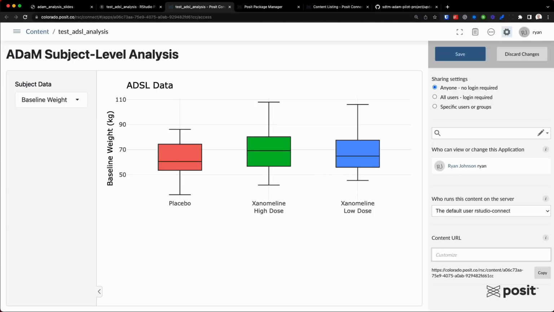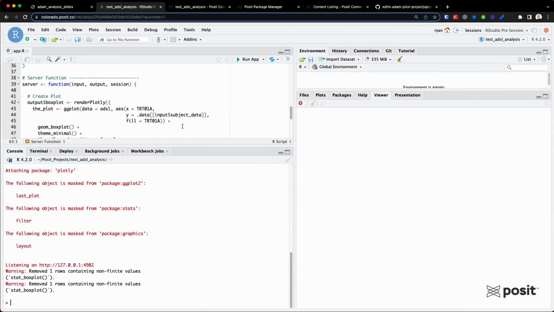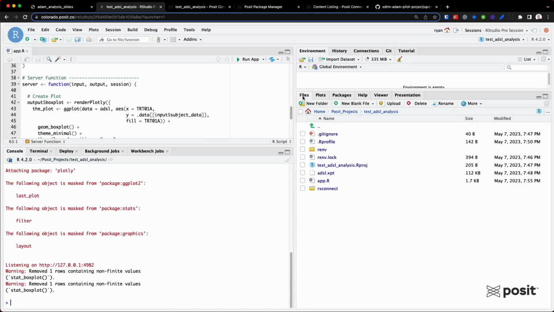Okay, so to wrap things up, let's go back to Posit Workbench. We're just going to take a moment to record our R environment so that anyone else, or probably more likely our future self, could reproduce our work. Some of the things we'll want to record include which R version I used, which R packages we use and what versions of those packages, as well as which repositories we use to install the packages. As I mentioned earlier, we're going to use an R package called renv to help out here.